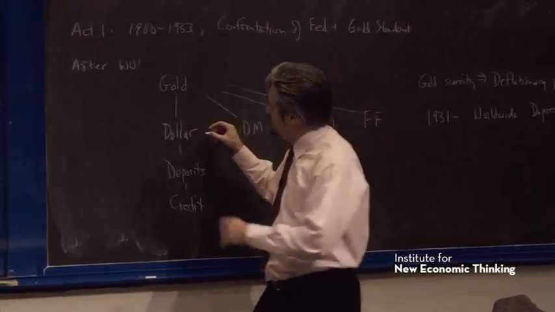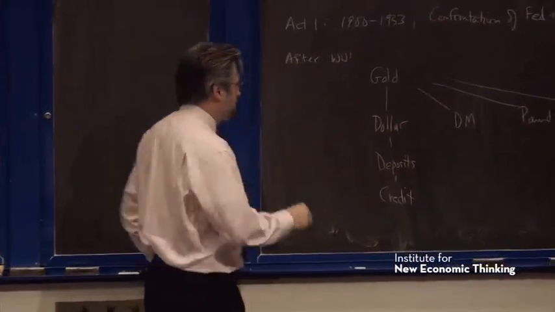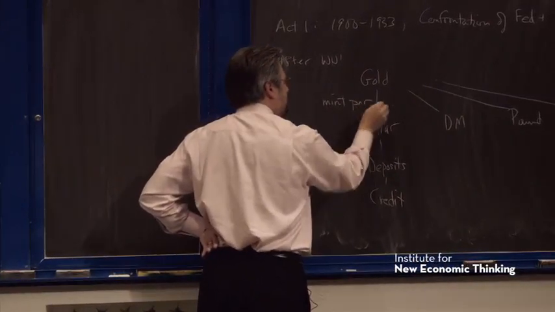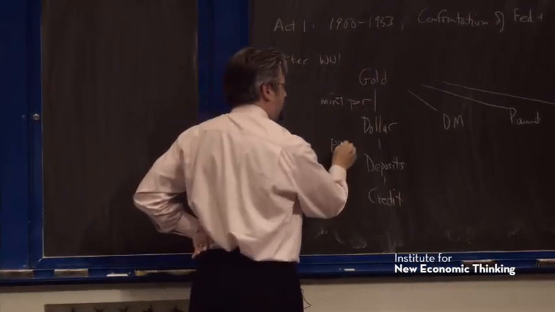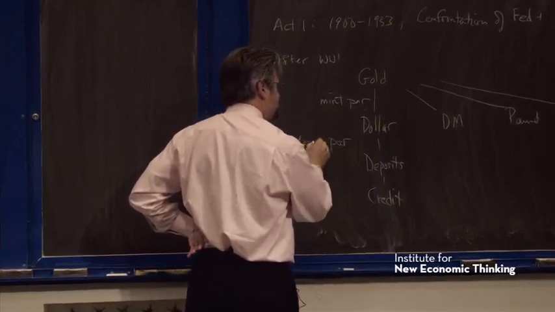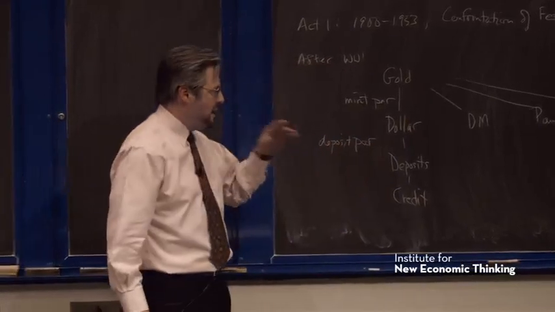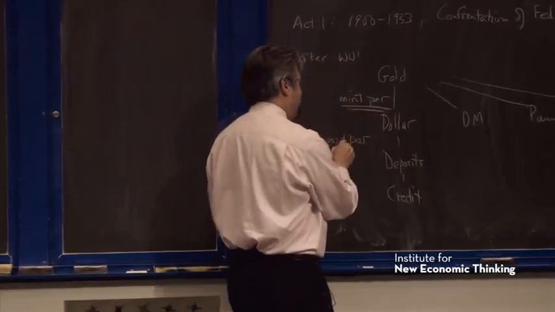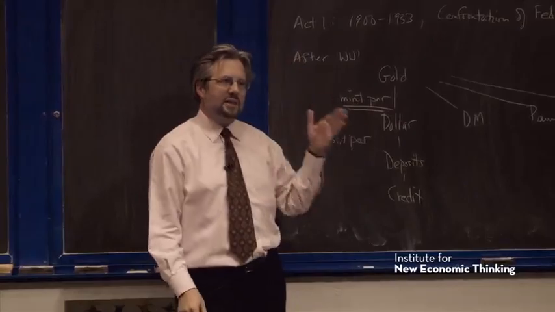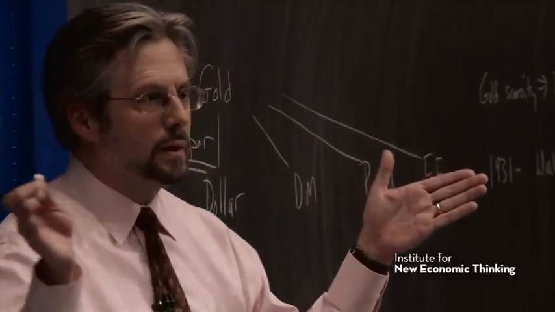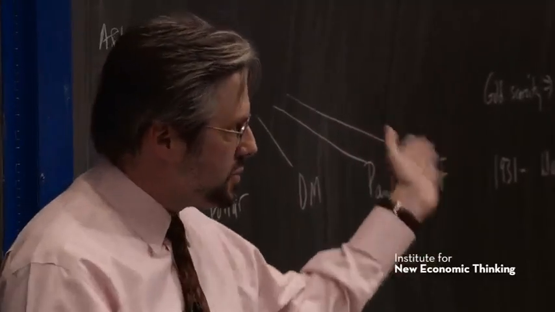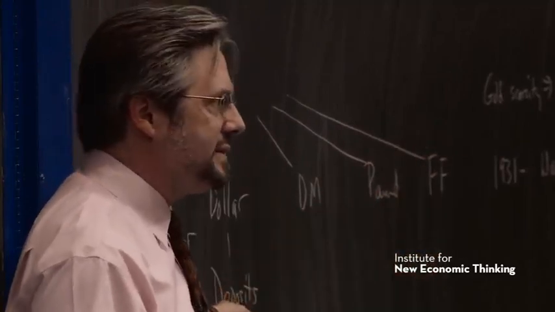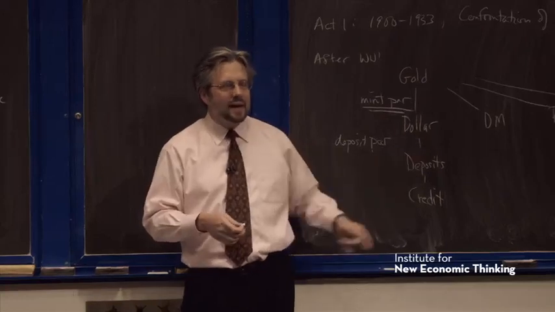Well, okay, so there are two par relationships that we're concerned with here. One is the mint par here, and the other is the deposit par here. By maintaining this par, you sacrifice this one, meaning that the banks were unable to keep their deposits at par with currency, and so they closed. You know, there's a run on the bank. That's what that means. People would rather hold currency than deposits, so there's a run on the bank, and the